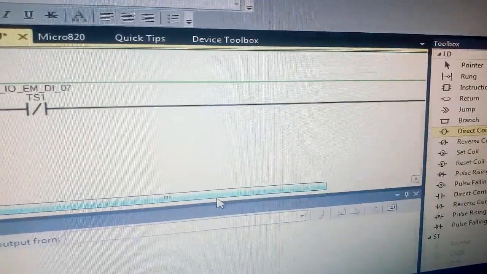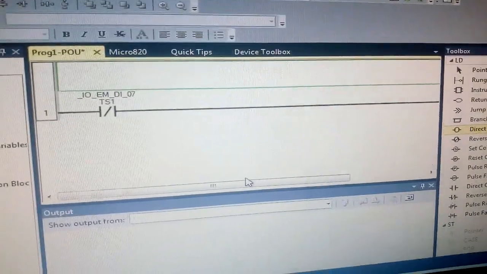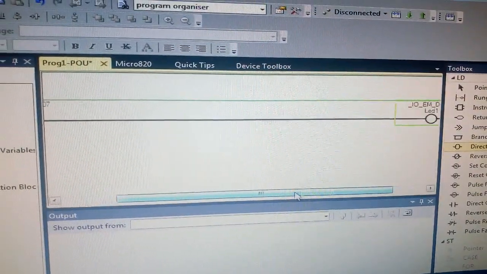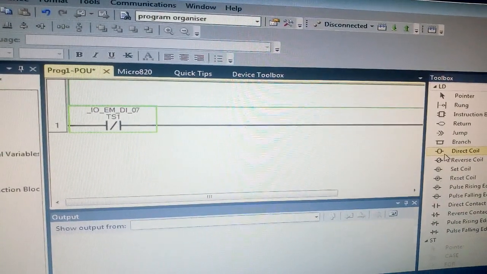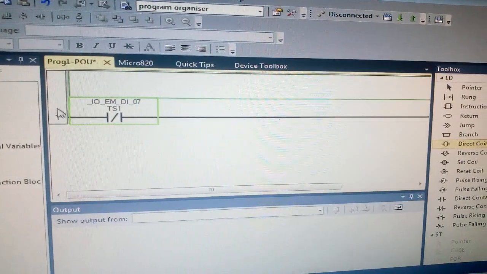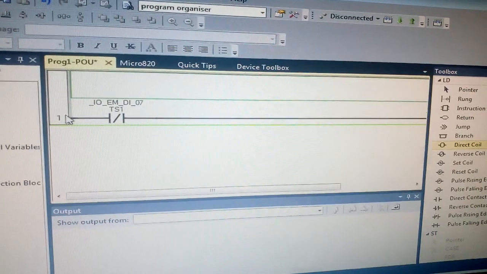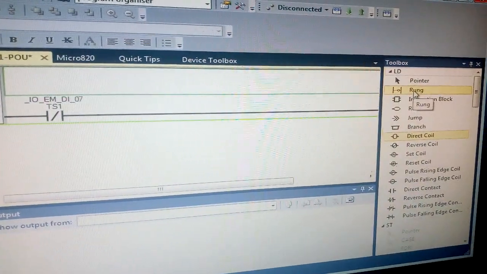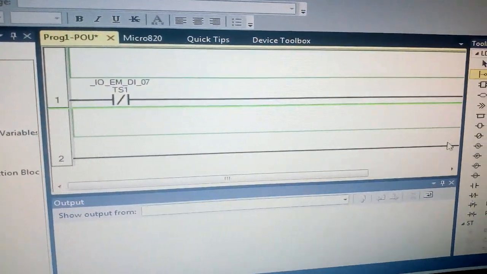So how many inputs are there? I have said we have totally 6 inputs and 4 outputs. If I use the gates, okay, next I'm going to design the AND gate. If I want one more network, okay, this total thing is known as a network. If I want to add one more network, from the toolbox I am going to use the command run G. If I double click on this run G, you can see another network has been obtained.